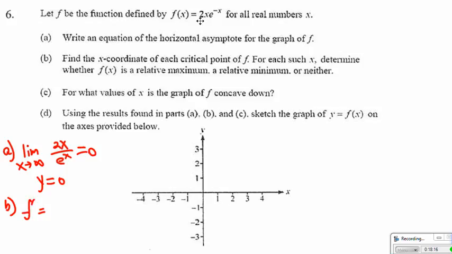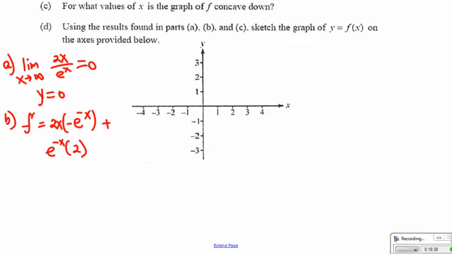let us look at the product rule in this case. We have 2x times negative e to the negative x, plus e to the negative x times 2. Now, if you factor out negative e to the negative x, then we get 2 from here minus